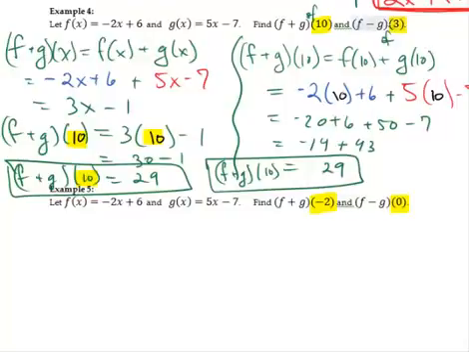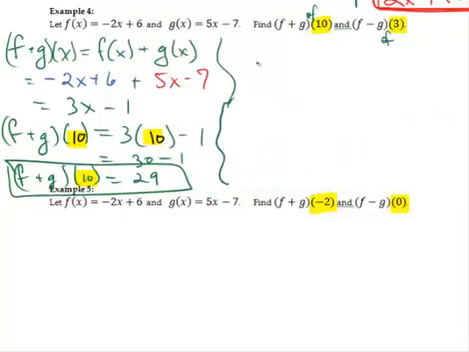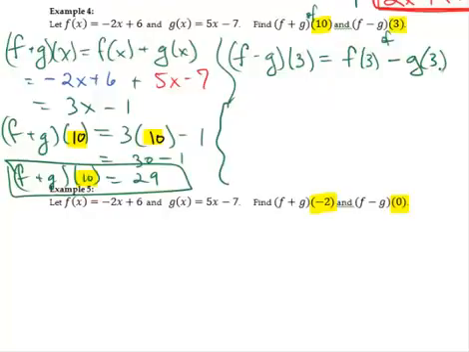Now, we're going to do the f minus g of 3 here really quick. So I'm going to erase all this work here. Okay, so now for f minus g of 3, this is the same as saying f of 3 minus g of 3. So this would be -2 space plus 6 minus, remember I'm going to need parentheses here because I'm subtracting the entire g function, 5 space minus 7. And then if I slip in my 3,